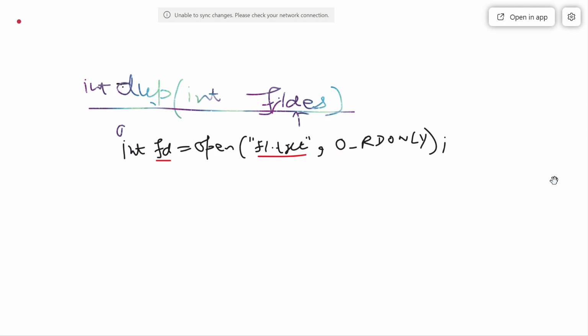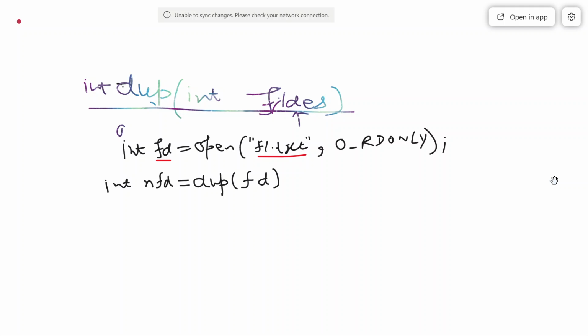Now what I mean to do with dup is that, let's say I write the dup system call and then fd. Whatever is returned, I store in a variable, let's say nfd. nfd means new fd, new file descriptor.